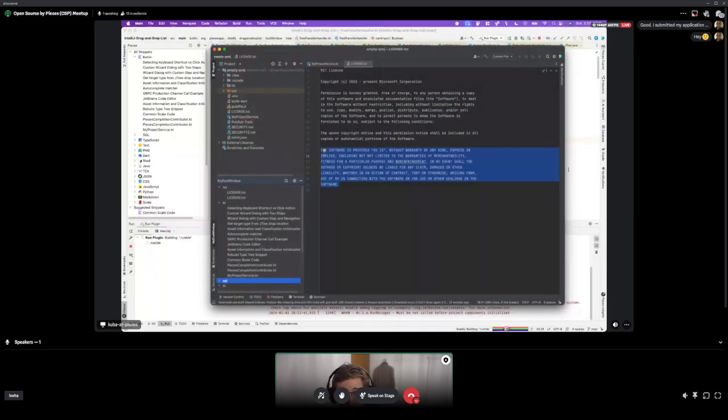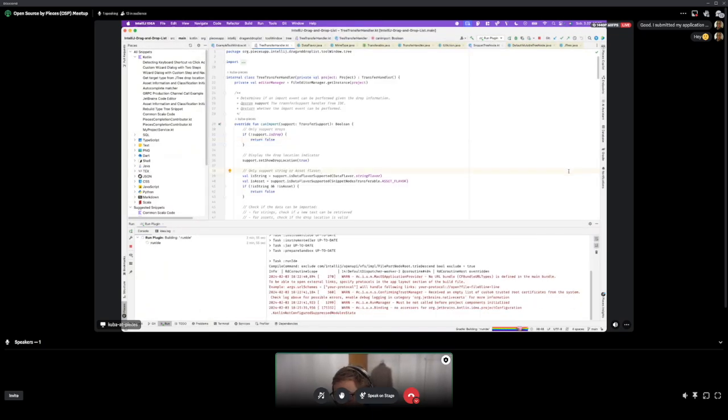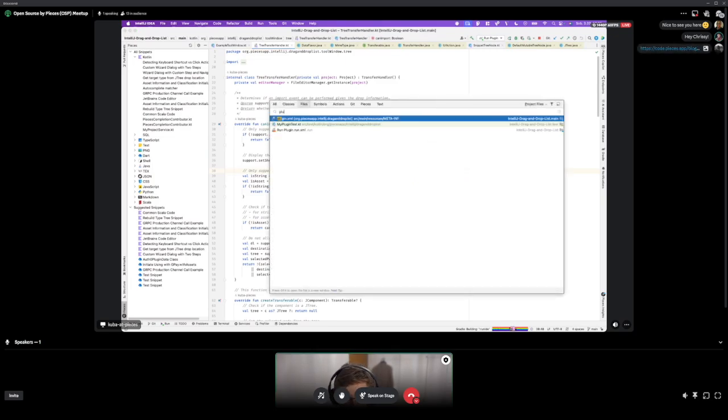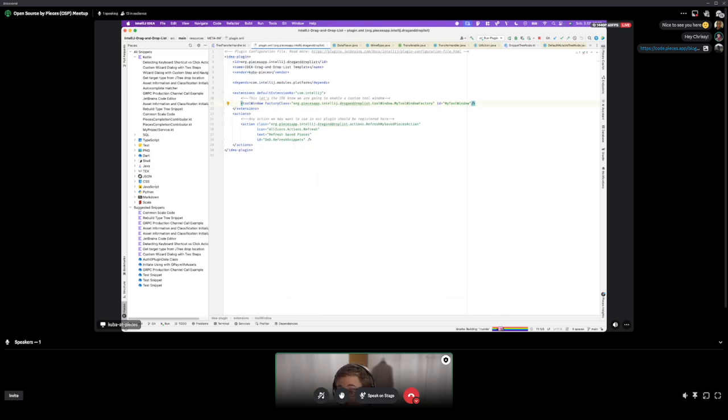In order to do that, there's a whole article, of course, it will be linked here in the chat, but in order to do that, what we have to do is to create a simple tool window. That is a thing that is deeply embedded into the IntelliJ platform. And so what we want to do is go to our plugin XML file, which is the default plugin description file when you start developing your own plugin.